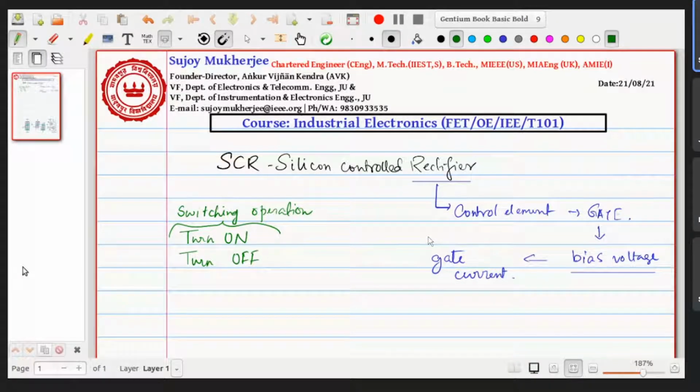So the point that is of interest is how we can control the turn off features. This is something that I was trying to stress in the last class. One important point is turn on, but most important is the turn off methods of the particular device for any case in the switching operation.